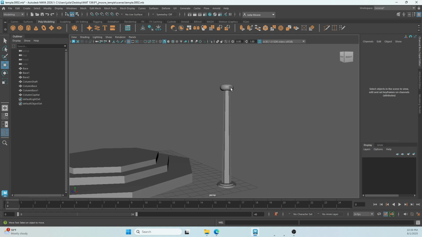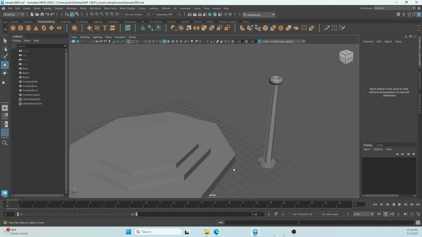grouping it just makes it easier to duplicate the entire pillar at once. We don't want to duplicate them piece by piece. We want to duplicate the entire column because we're going to need about 8 different columns to put around this base. So I'm going to go ahead and I can do it one of two ways. I can either